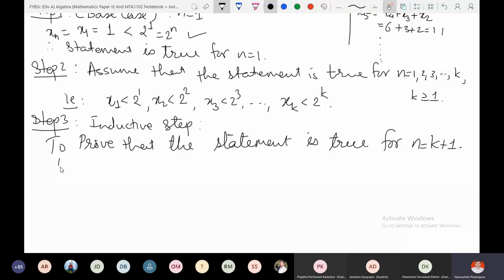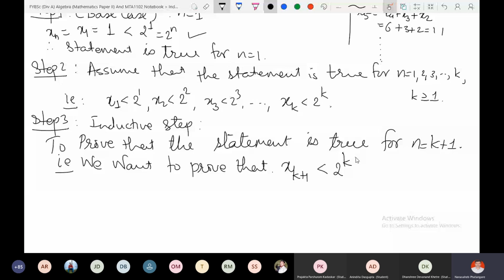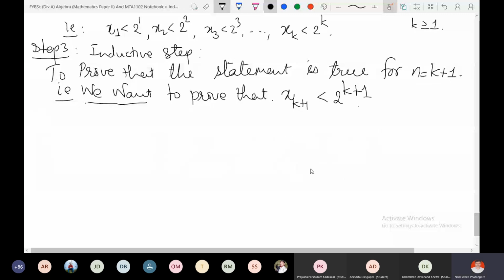So what is our aim? We want to prove that xk plus 1 is less than 2 raised to k plus 1. This is our aim. This we want, we expect. So how to achieve our goal? Let us start with xk plus 1. So consider